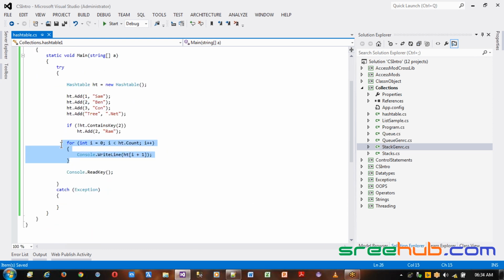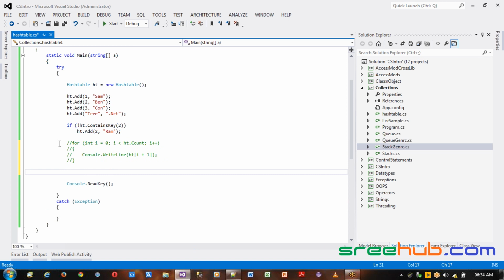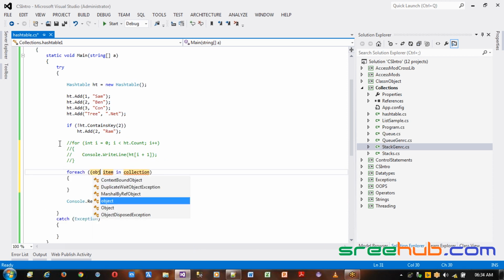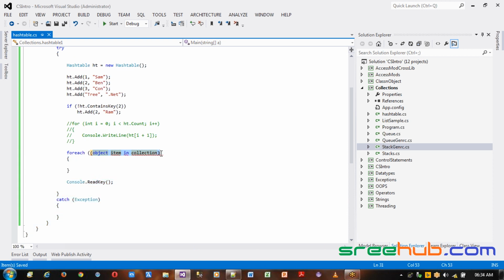Now let's see with the foreach. Let me comment this out. Let me take a foreach here. For each, I know that this is an object first. We used to use this, where you have an object and iterate through everything. But instead of object here, we know that in a hash table each element we add is a dictionary element. So let's take something called DictionaryEntry, an item in the collection called your HT. So this will take your dictionary entry and it will make sure that